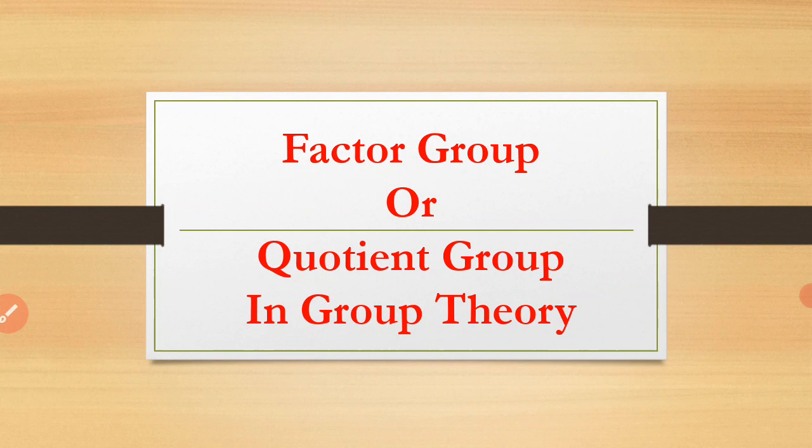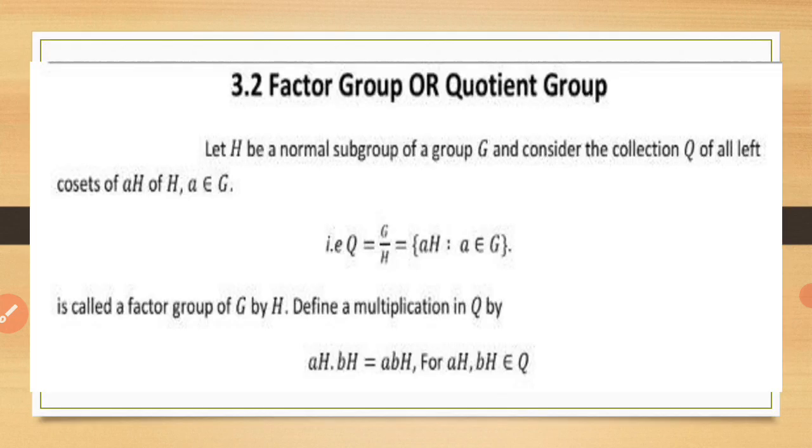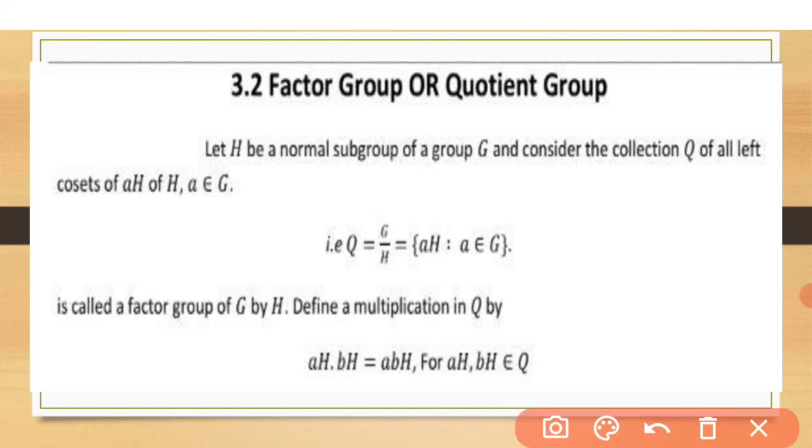Today we will study what a factor group or quotient group is. They are the same thing: factor group and quotient group. So let's start. The definition of a factor group or quotient group is: let H be a normal subgroup